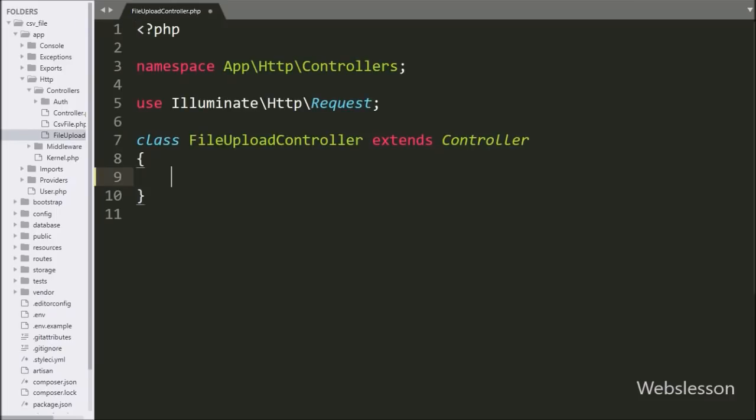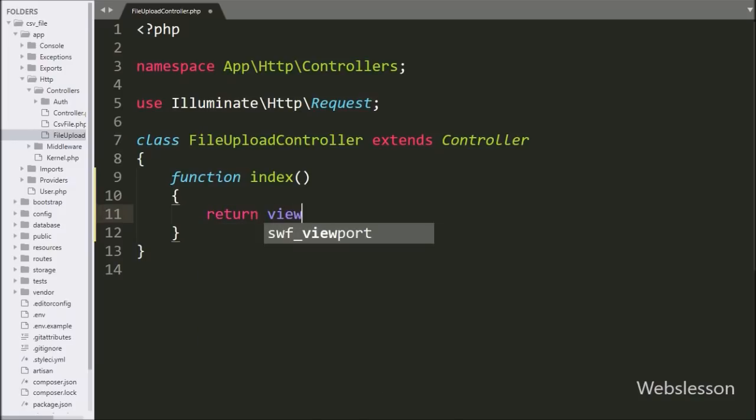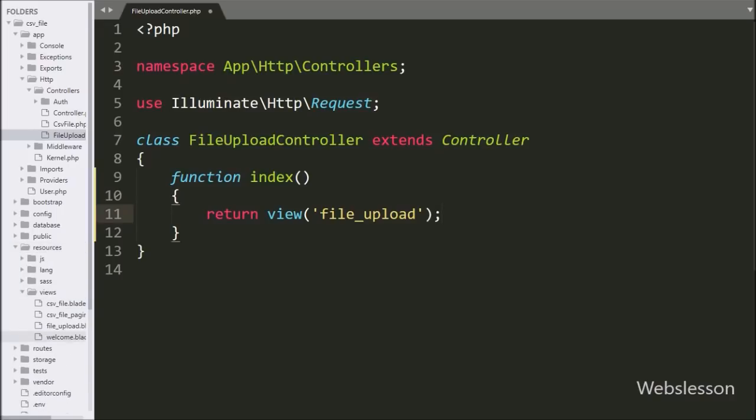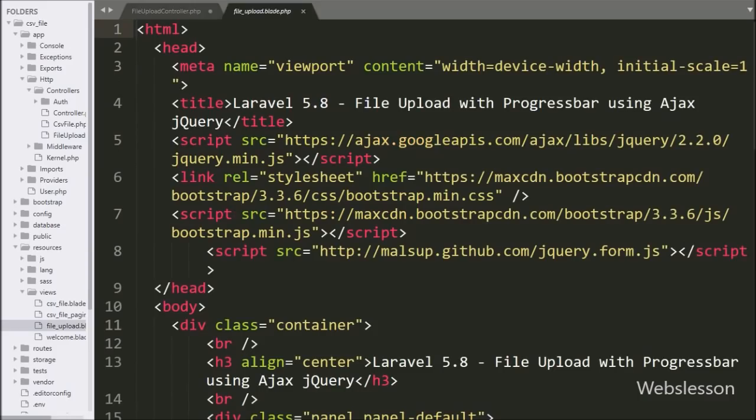Under this class, first we make an index method, which is the root method of this class. Under this method, we write a return statement with the view method, and under this we write file upload. It will load the file upload view file in the browser. Now we go to the view folder and open